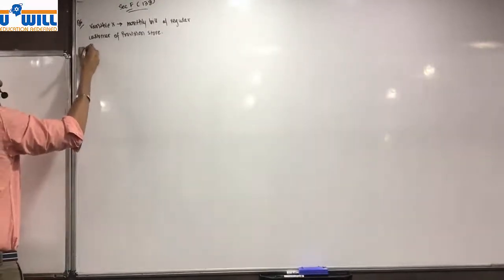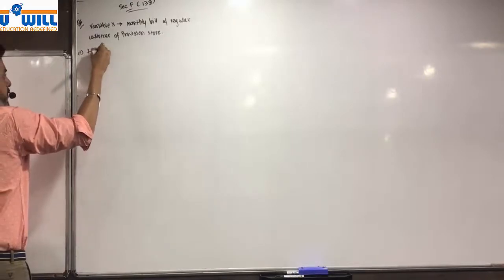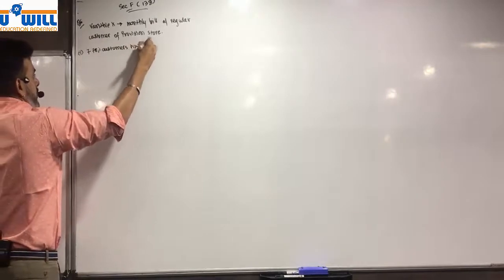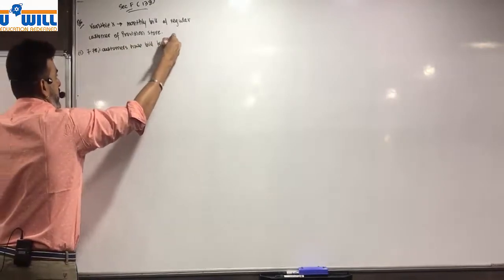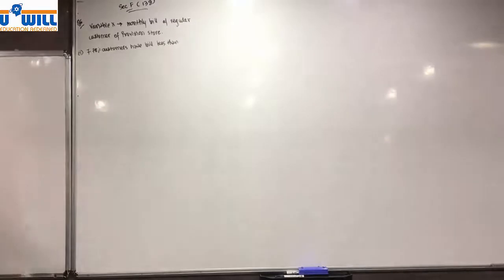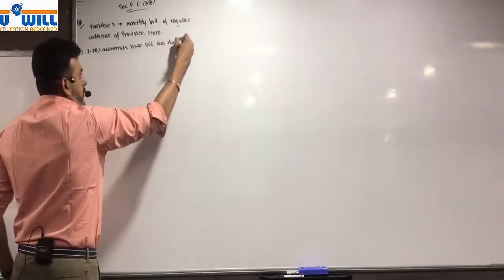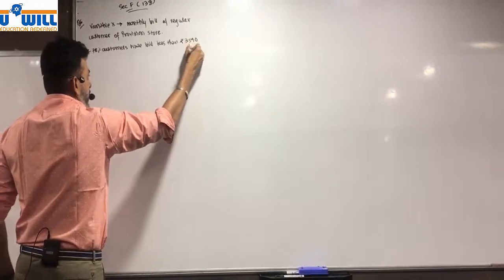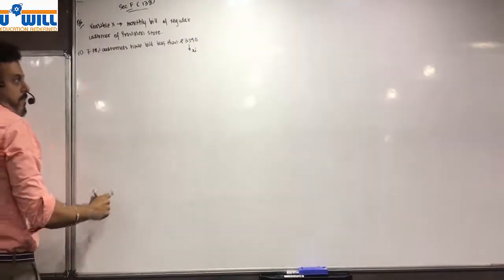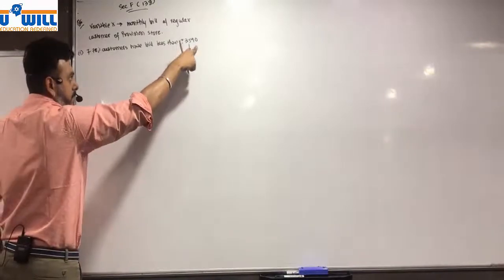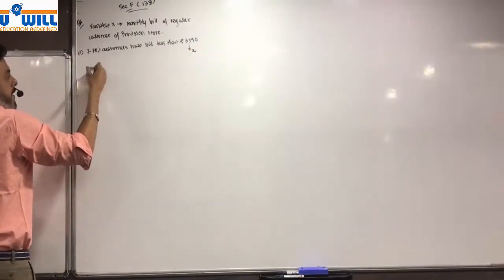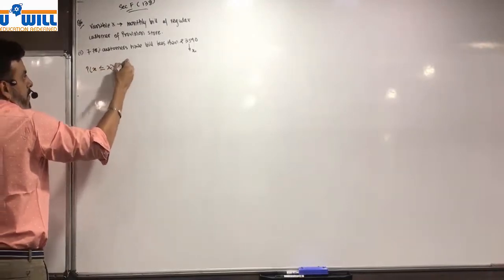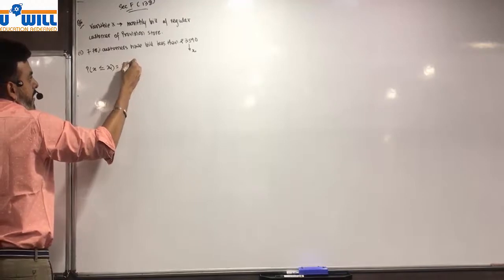First, 7.78% customers have bill less than 3590 rupees. So we take 3590 as x1. Now probability of x less than or equal to x1 is equal to 7.78 by 100,